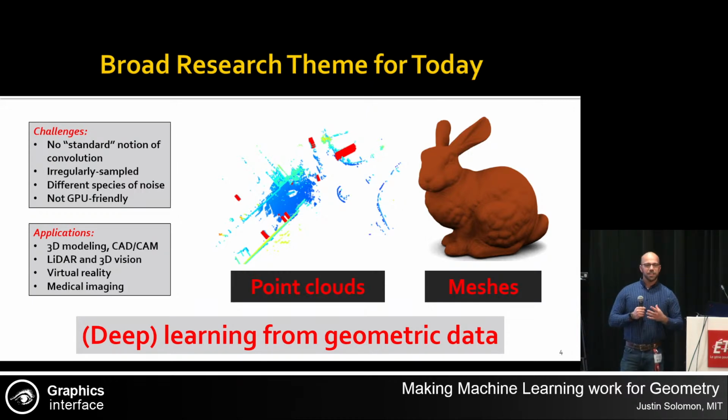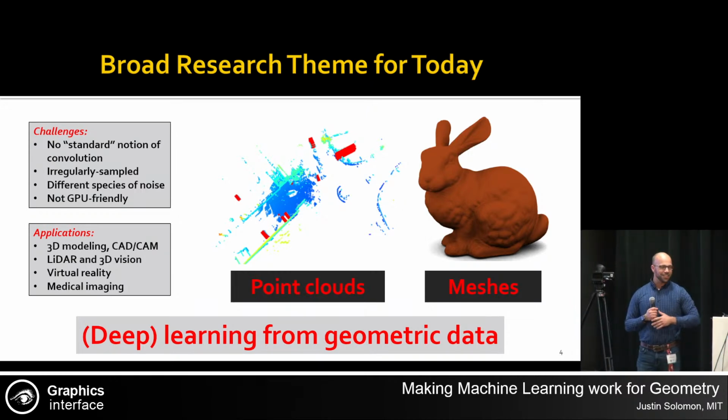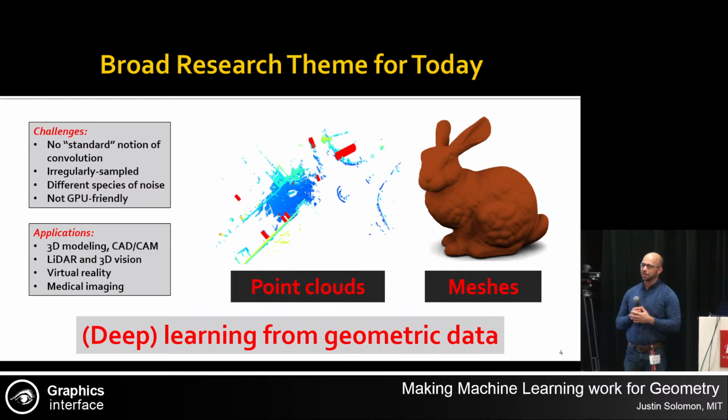So the basic idea here is that we want to load in a shape and then use machine learning tools to infer some information about it, right? The most basic instances of this problem might be that you load in, for example, a LiDAR scan, like what you see on the left-hand side here, or a triangle mesh, like the bunny on the right. And the goal might be to do something simple, like label, is this a bunny or some other object?